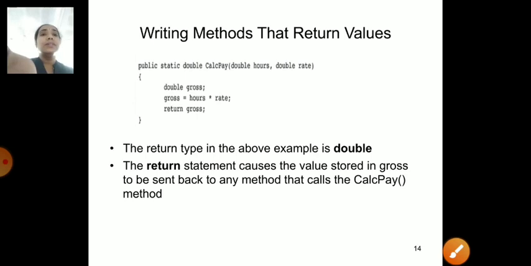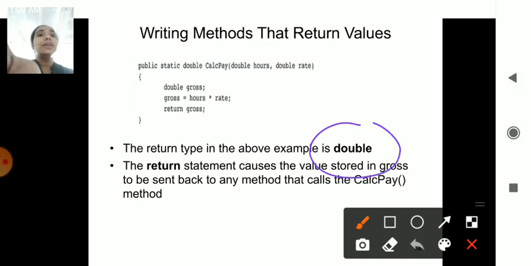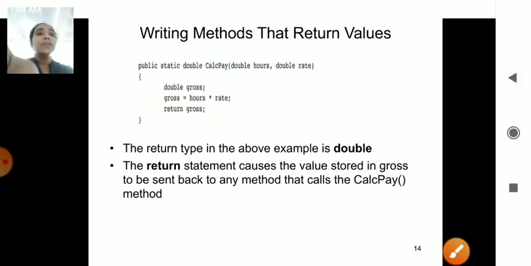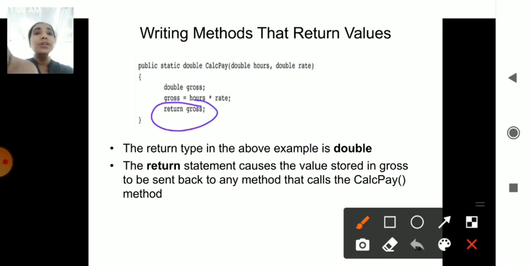I want to use a method whose return type is double. Double means it will be in decimal format. That is there in your return values, the return gross amount. You have a return value in the program. If I want to return something, I will return that particular value there.